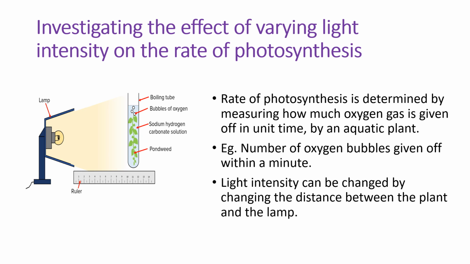Investigating the effect of varying light intensity on the rate of photosynthesis. So in this activity, we are going to measure the rate of photosynthesis by changing the light intensity that the plant is getting. First thing, in order to measure the rate of photosynthesis, we are using an aquatic plant. So while the plant is in water, when it produces oxygen gas, we can see oxygen bubbles are coming out